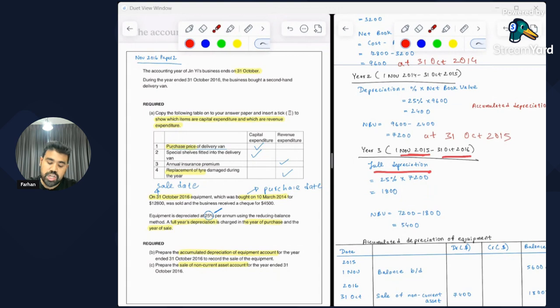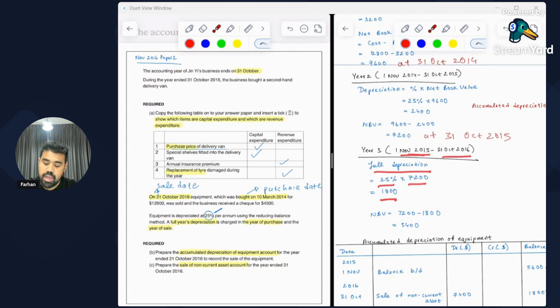So the full depreciation in this case is applied by using the percentage of 25 and multiplying it with the net book value that we had at the end of the previous year, or at end of year 2, which is $7,200. So when you multiply 25% with 7,200, you get $1,800 as the depreciation that you have